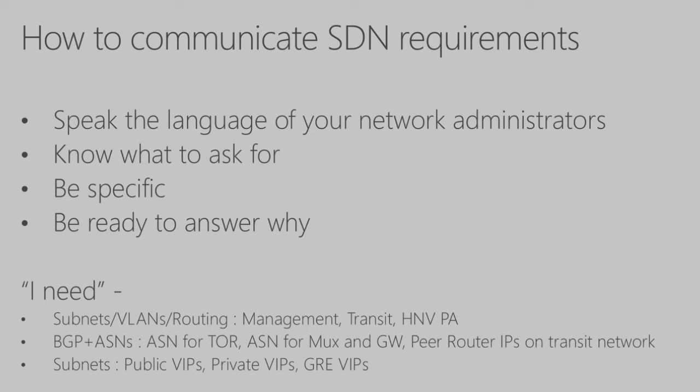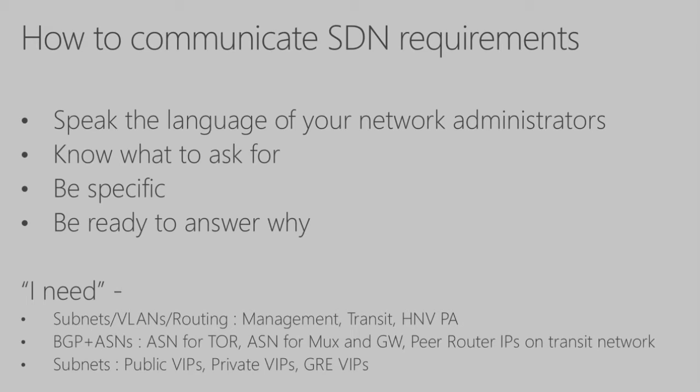You'll need an autonomous system number for anything that's peering with that switch, which includes the MUX and the gateway. You'll need to know the IPs that you're going to peer with as well on that transit network. That's what you're actually connecting to. And then you're going to actually need some subnets you can advertise through BGP. You'll need the public VIPs. We have a set of private VIPs that we use internally,